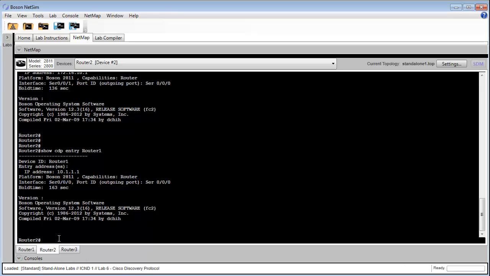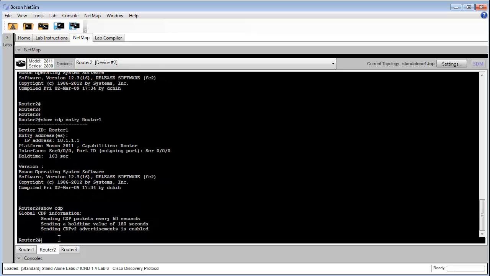Now there are some configuration options available when you're using CDP. To validate what your current configuration is for CDP, you can use the show CDP command. So this will show you simply how often you're sending out CDP packets, what your configured hold time is, and what version of CDP you're using. You can configure the CDP packet announcement frequency by using the CDP timer command. By default, as we can see here, we have CDP packets being sent out every 60 seconds,